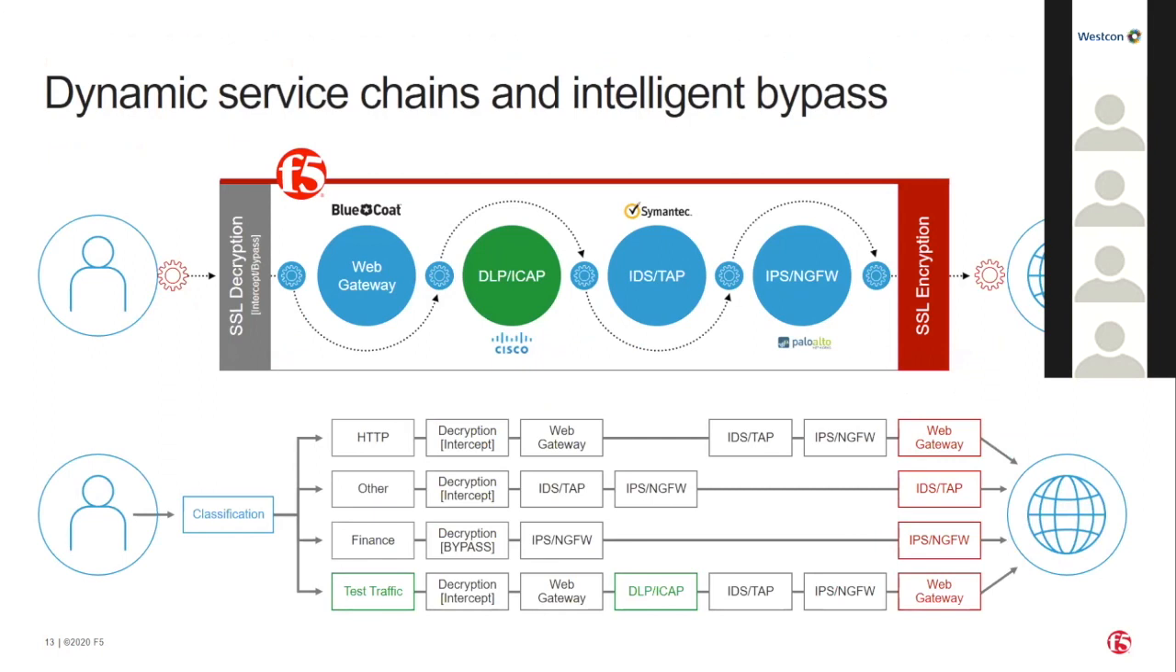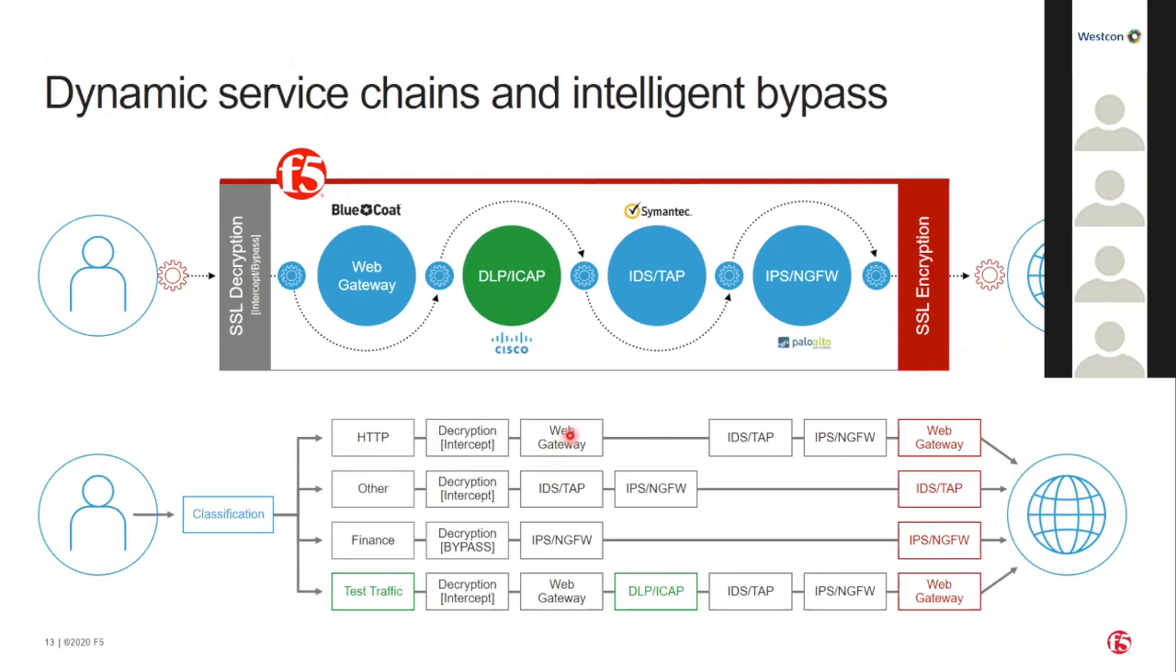Right. So with the SSL Orchestrator, we create a dynamic and logical security chain based on the type of incoming traffic, which leverages the existing security solutions your customers already have. For example, a web gateway or even a next-gen firewall. So if you look at the bottom over here,